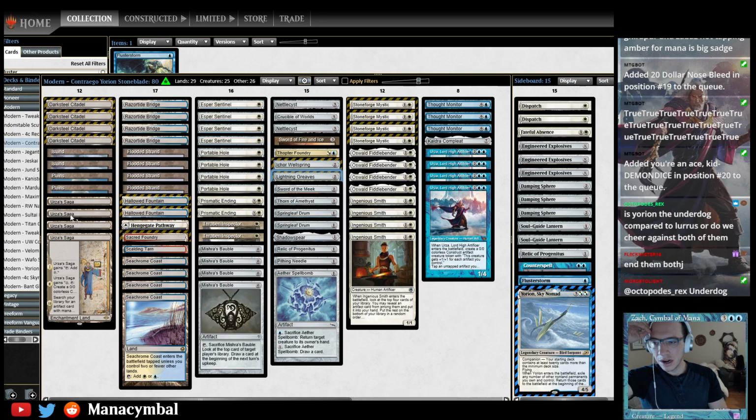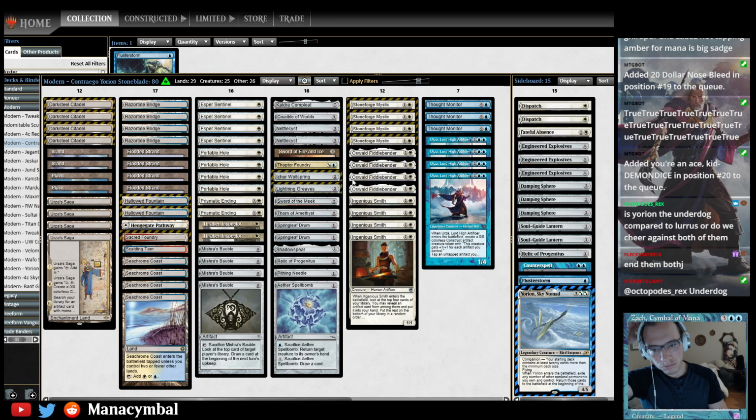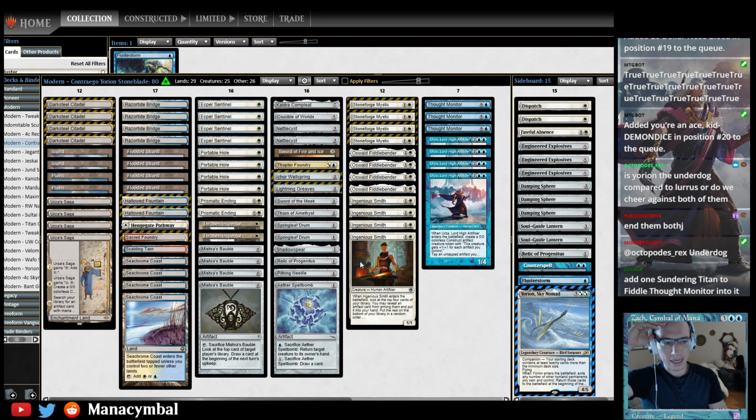We also have Urza's Saga here, Ingenious Smith, which is a bit of a tutor, and Stoneforge Mystic, which can tutor your Sword of the Meek, as well as Fire // Ice, Nettle Cyst, Kaldra Compleat, and the Shadow Spear. So blue-white artifact mid-range, quite an emphasis on white, and add one Sundering Titan to fiddle